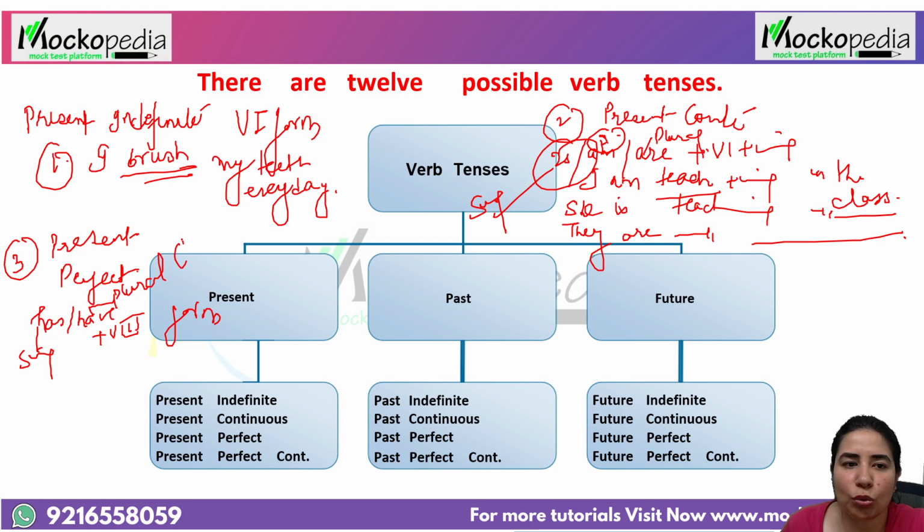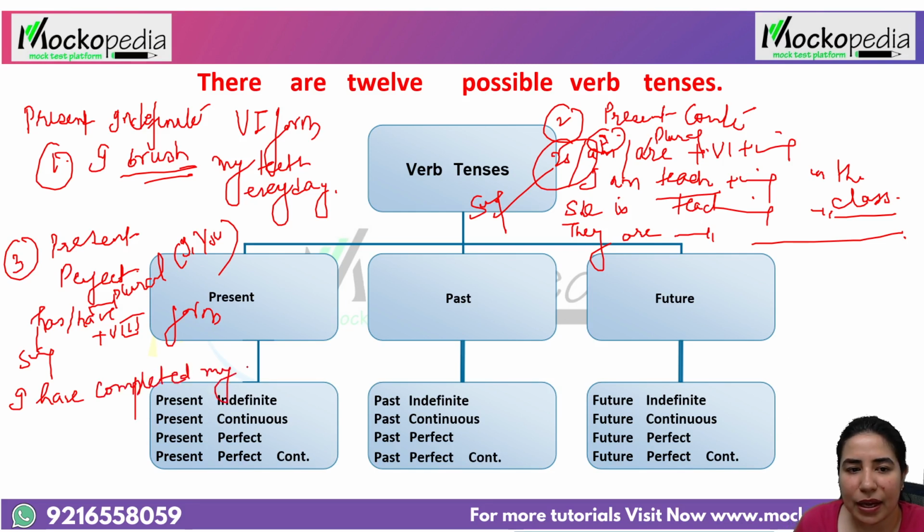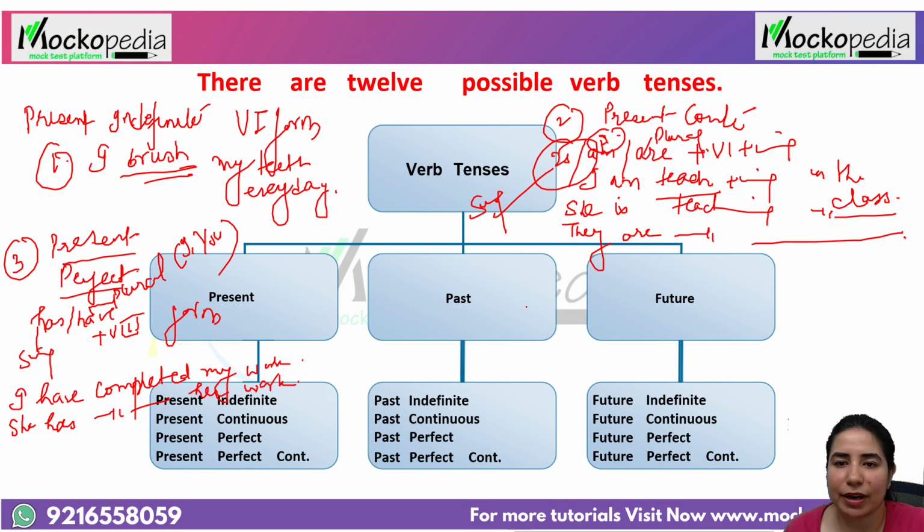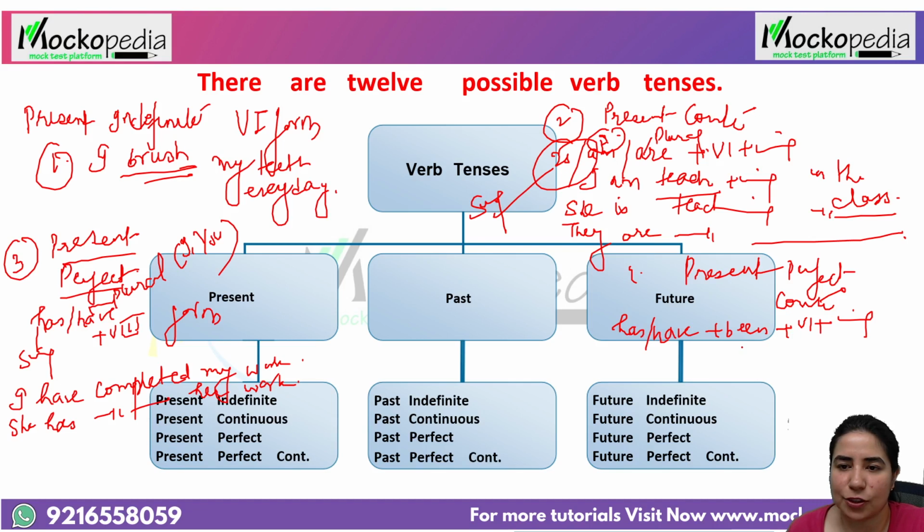And with I and you also you are going to use have. Right? So I'll say I have completed my work. Okay? Or she has completed her work. Okay, so this is how you use the present perfect. Now let's come to the fourth one, which is present perfect continuous. So how do we use it? We use has or have plus been plus verb first form plus ing. So I have been